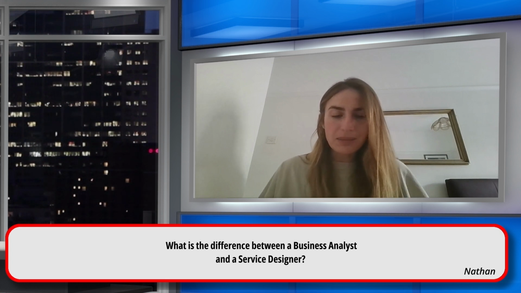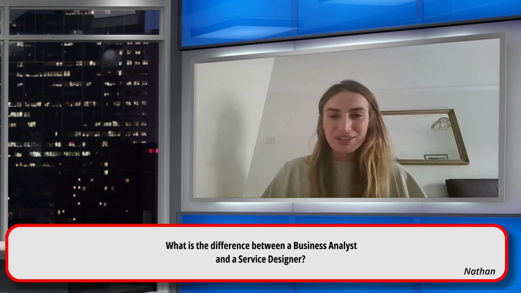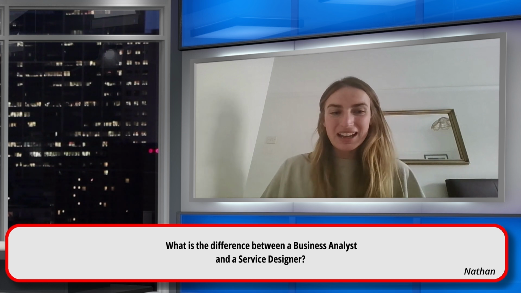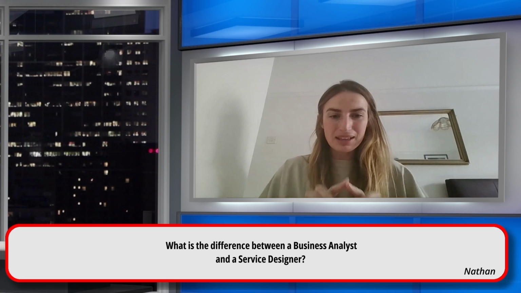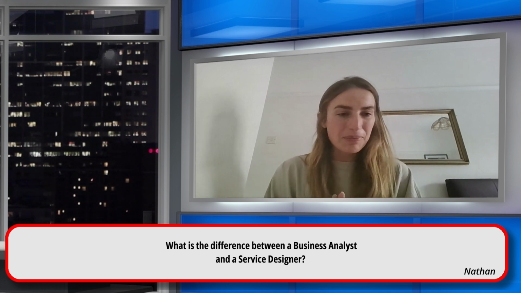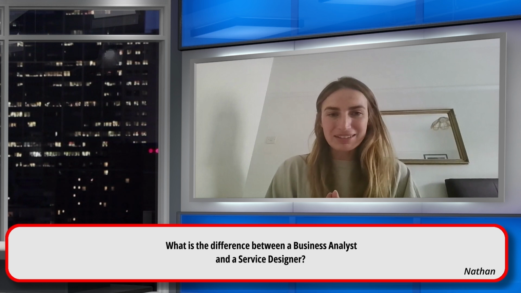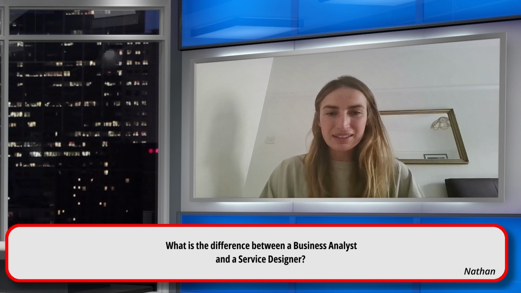So in the past, I've done a BA role where I've stepped into some service design, some user research, a bit of project management. And actually, that's what makes the role fun, because you are doing lots of different disciplines alongside your core discipline. And it's that T-shaped element that allows you to step into all these different professions. So I just don't think there's a purist role out there. And if there is, I haven't come across it in a delivery space before.